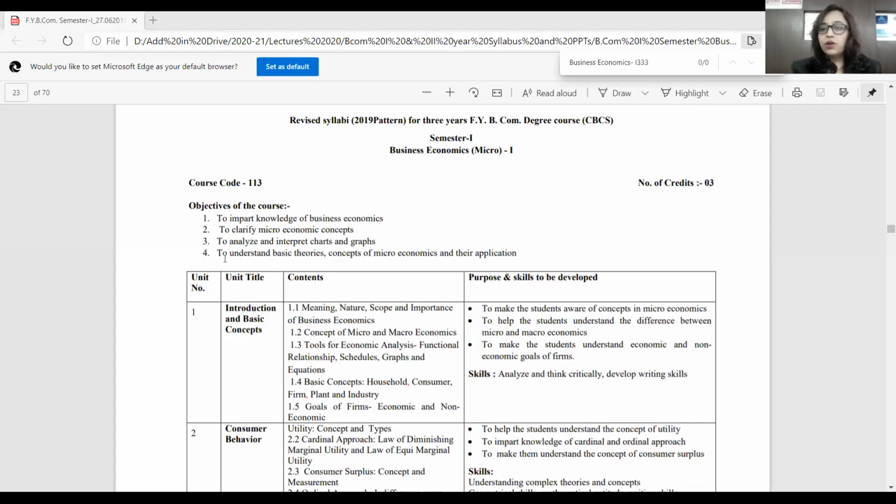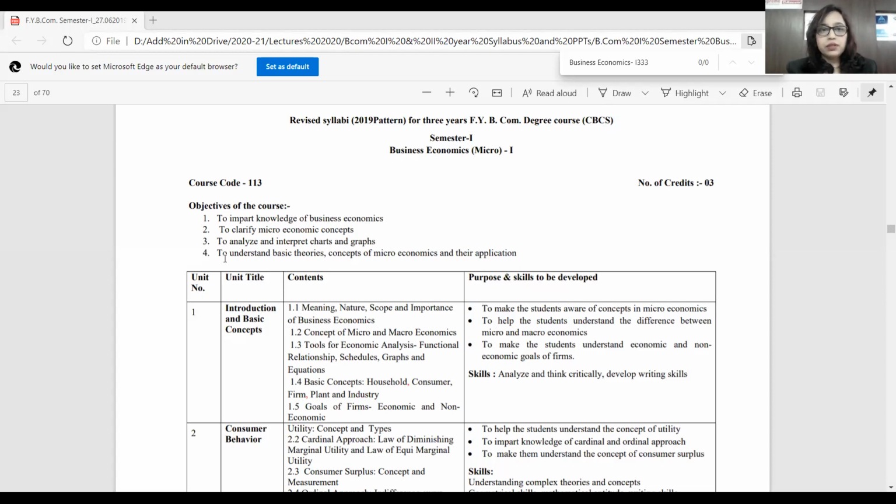And I'll be taking your subject business economics, that is microeconomics, in your first semester, right? So let me introduce you all to the syllabus first. I'll share my screen and share a syllabus with you all. So this is your syllabus for business economics, and it is microeconomics. I hope in 11th and 12th you have studied about micro and macro differentiation. So in this semester you will study about microeconomics, right?